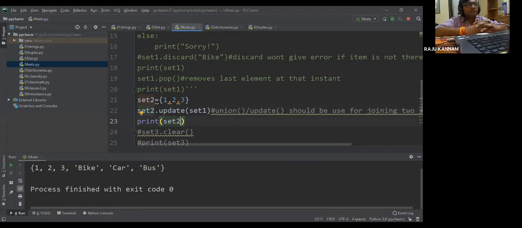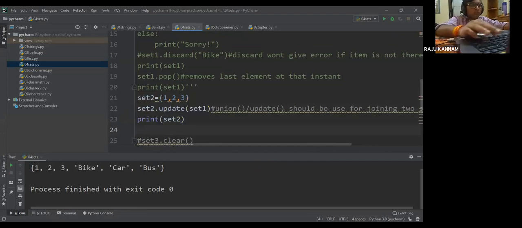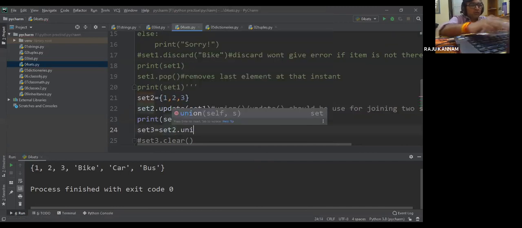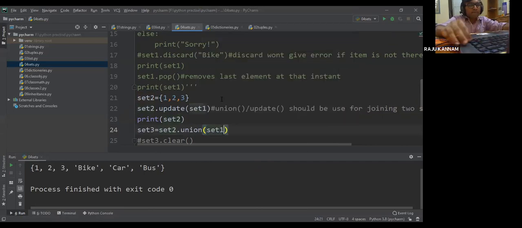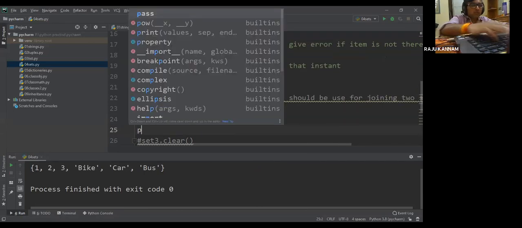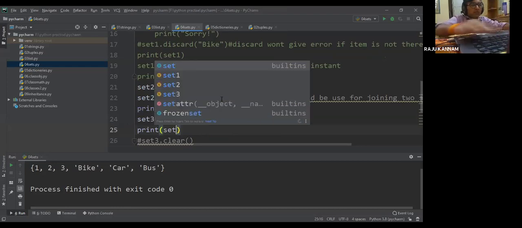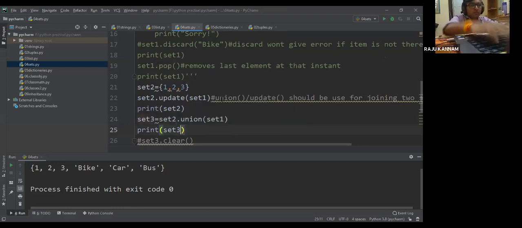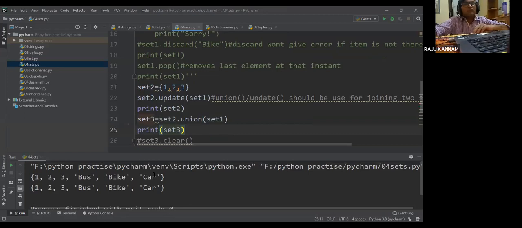Either this, or set3 equal to set2.union(set1), then you can print set3. Both are the same, right? Both the things are same.